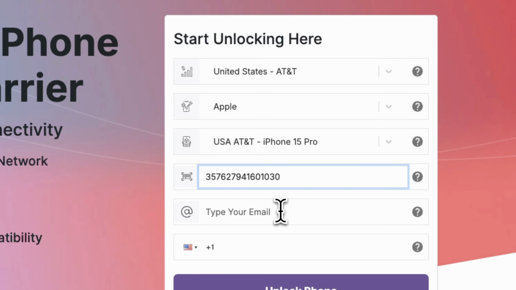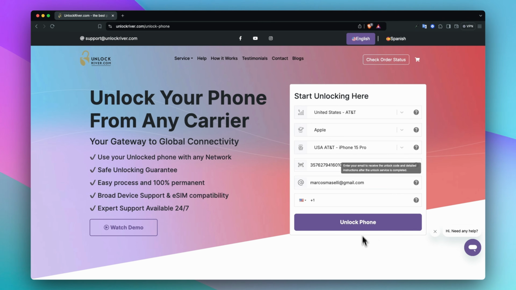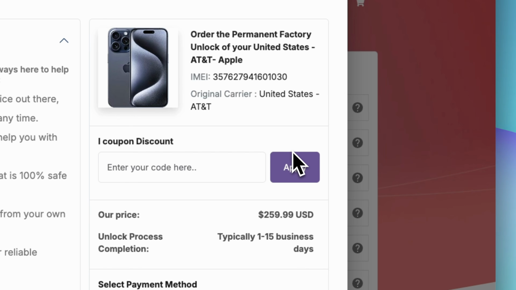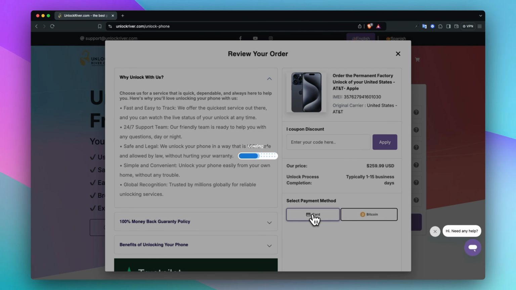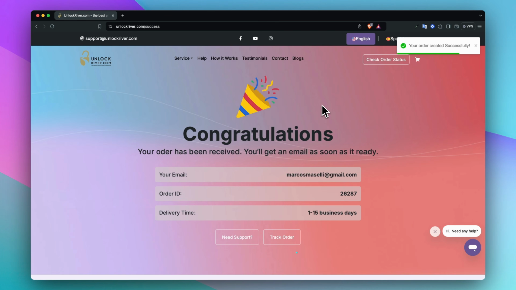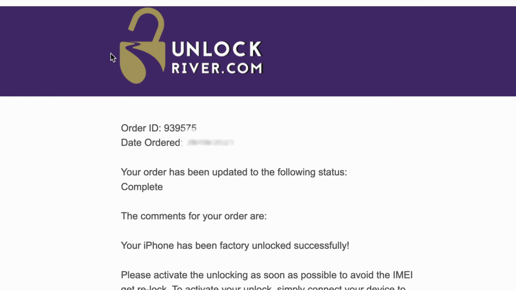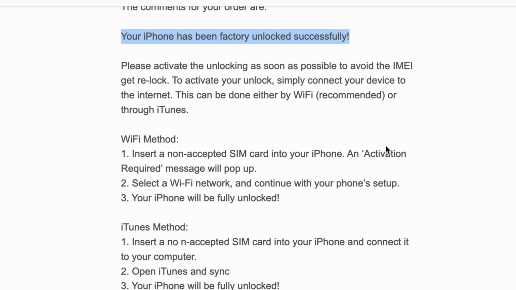Then insert your email address. You will get notified once your unlock has been completed. Let's proceed. In the following screen, you will get a summary of your order, then scroll down, place your order, and we will have to wait until the unlock request is processed. It may take a while, so I will be back once the process has been completed. Once your unlock has been processed, you will receive an email. The email should confirm that your phone has been successfully unlocked, and it will include instructions on how to activate